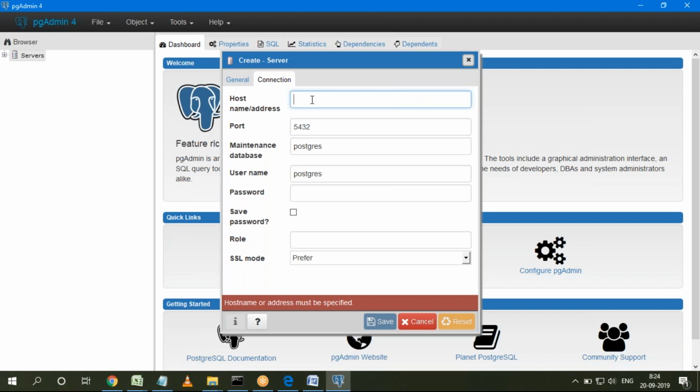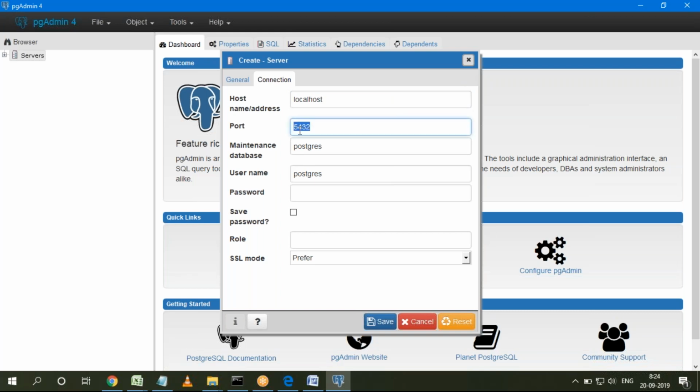Here also, same thing: the connection name is localhost, and it will automatically take the database port number, database name, and username. You get this information automatically from the Pega server configuration.